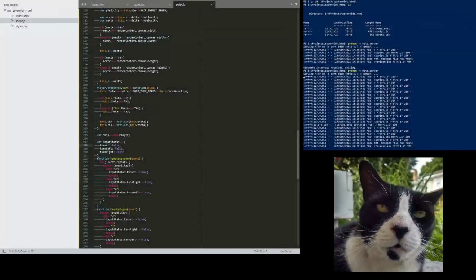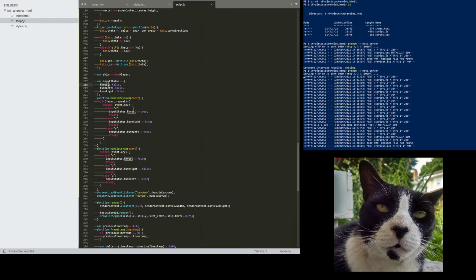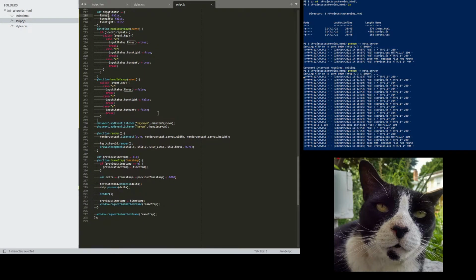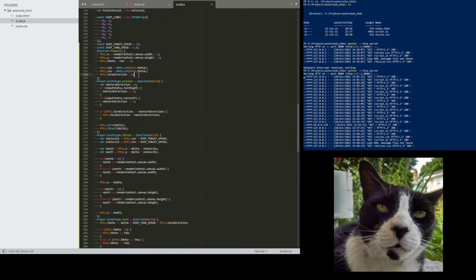And I do have W connected with that input status. But of course, I'm pressing W now and nothing happens because we haven't hooked it up to anything. So this is great. This is working. And we only have one simple step to connect our input status, pressing the W key, to our ship actually